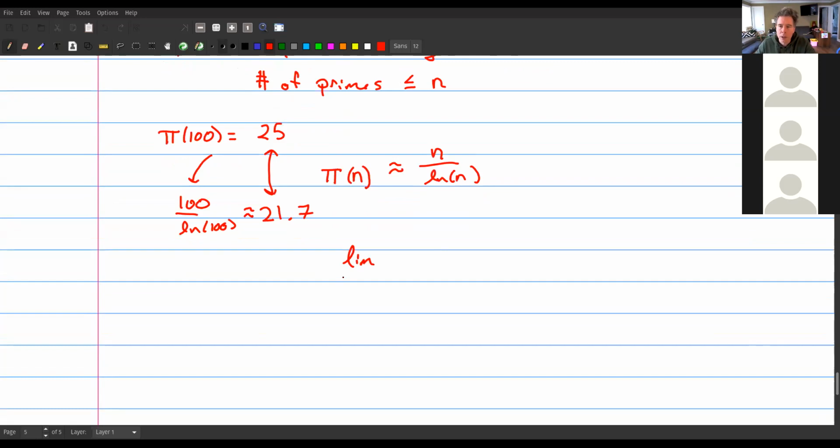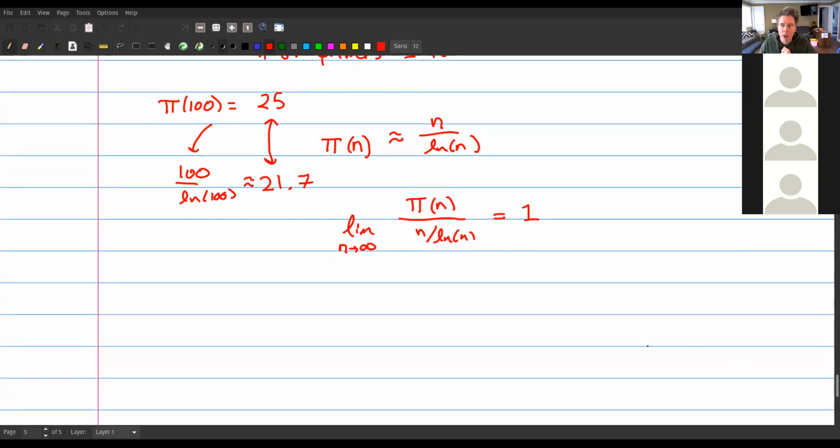There's a theorem called the prime number theorem, which says that the limit as n goes to infinity of pi of n over n divided by natural log of n is equal to 1. So these are asymptotically equal. This was a really big pure mathematical accomplishment at the end of the 19th century, which I'm sure they never thought would have any kind of application at all. And now it has this very serious military application, namely cryptography. Okay,